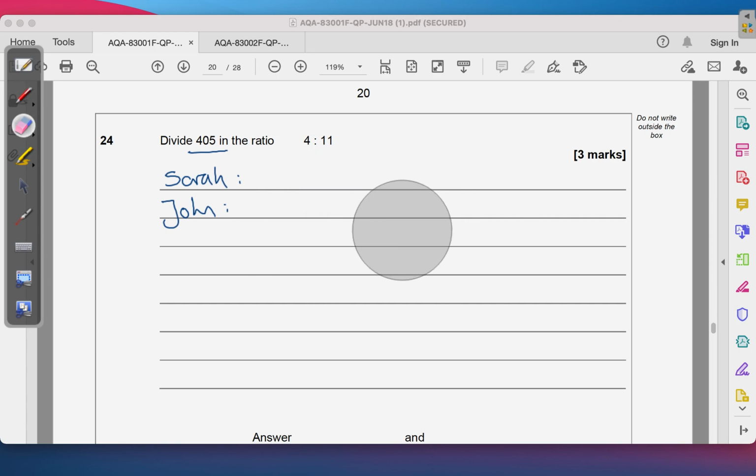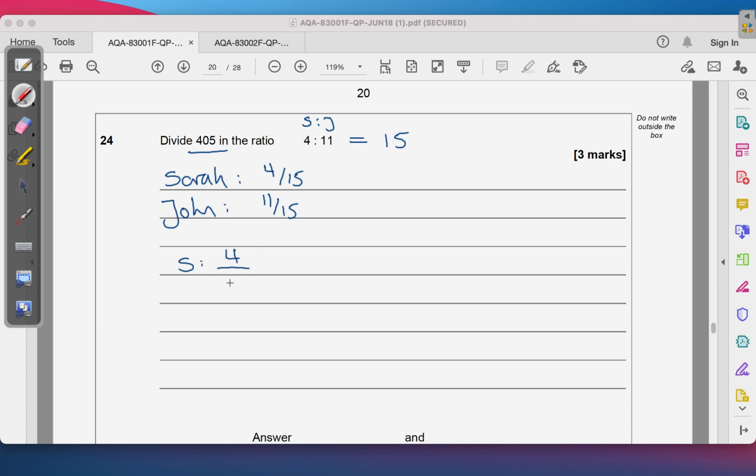So what we do is we add up the 2 numbers in the ratio. 4 add 11 gives us 15. And we say the number that Sarah gets is 4/15, and the number that John gets is 11/15. And then to work out the number that Sarah gets,